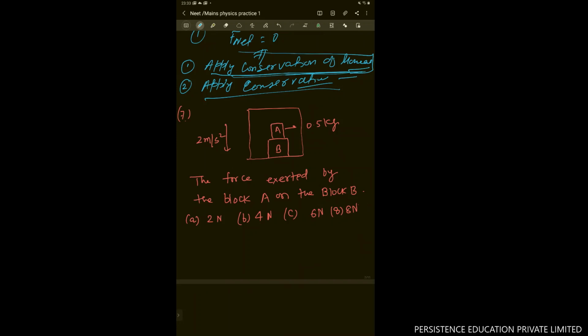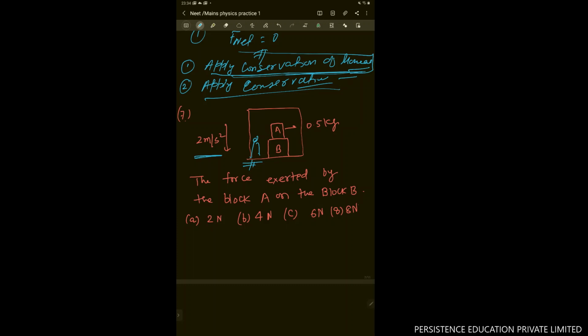What I will suggest, if you're not able to understand, just reread the question and listen to the explanation first. And still, if you have any doubt, do revert in the comment. So this is a lift which is going downward with an acceleration of 2 meters per second square. If you are observing this object from here, this will be a non-inertial reference frame.